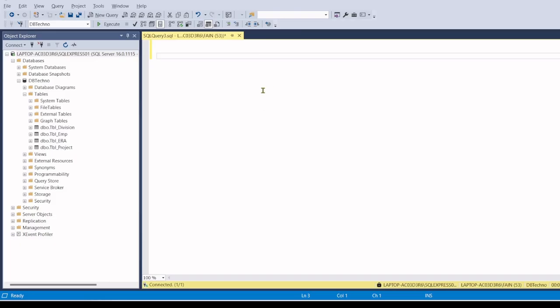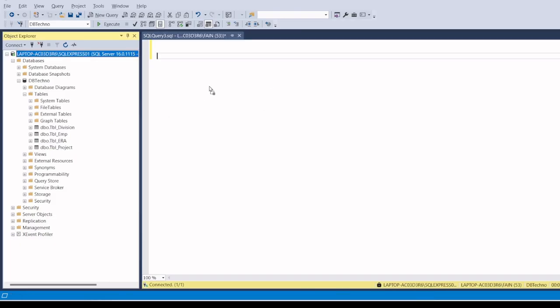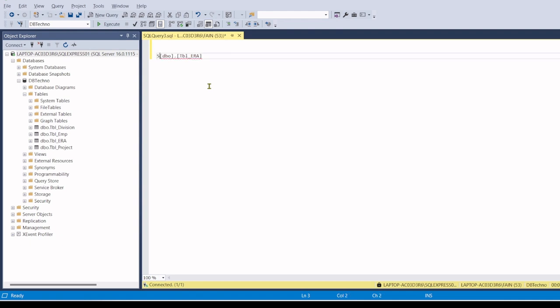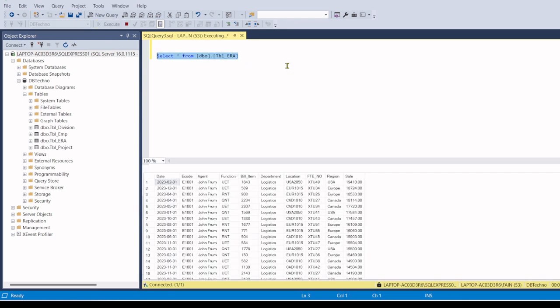Okay, so this is our data set and this is our table. Select asterisk from table name. I'll select it and click on execute. We can see the entire table in the result page. Now we want to sort this data on the basis of the sale column. So we will write down select asterisk from table name,